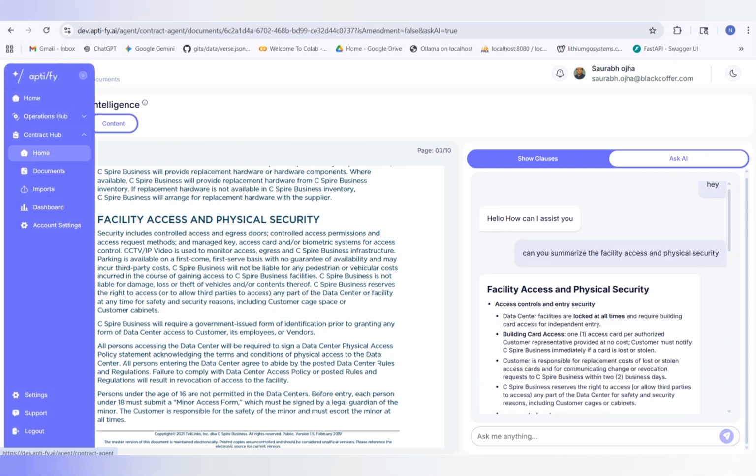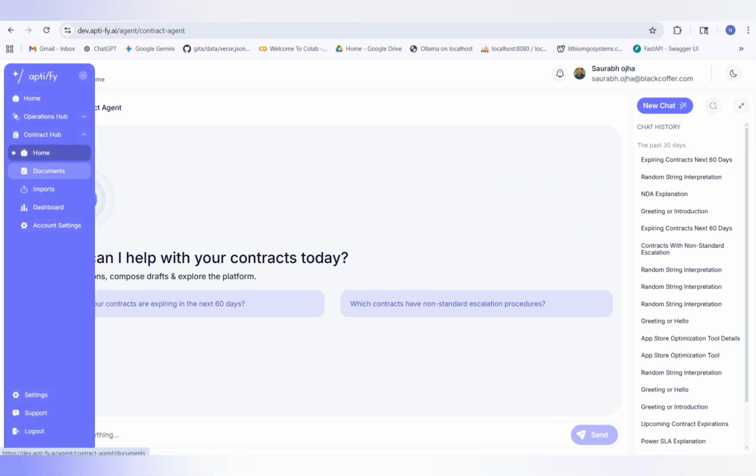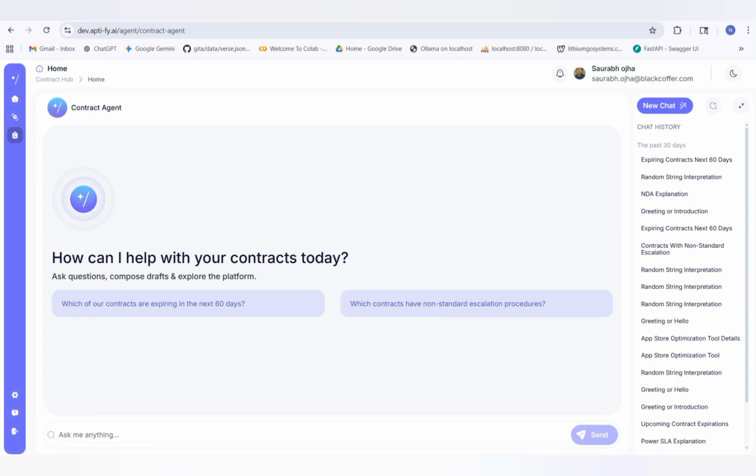The same functionality is included in the home section. The home section is the overall chatbot. In the document, the chatbot talks from one single document, but this chat works across multiple documents. For example, in a new chat,